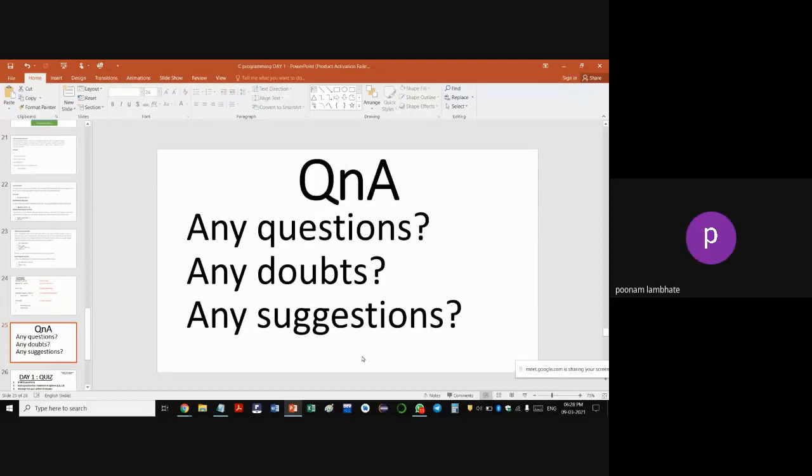Yes, sir. Any other doubts, sir? Yes, welcome. Any other doubts or questions? Will we be learning C++ also, or only C? For now, we are learning the C language. Once we finish learning C language completely in this course, we may study C++ also. Okay. Any other doubt or suggestion or question?